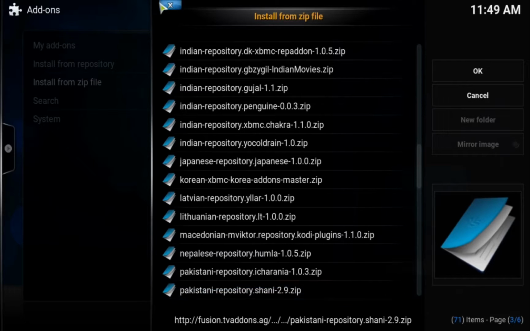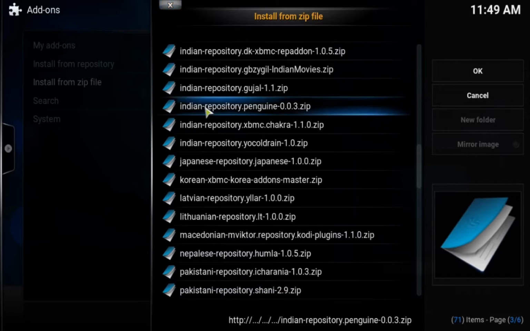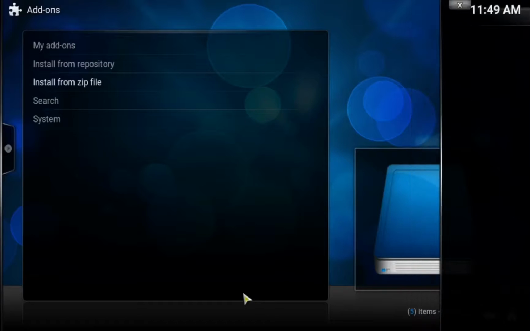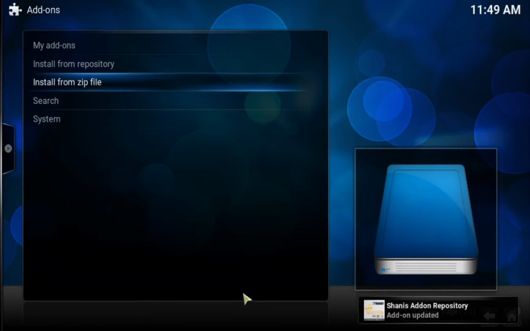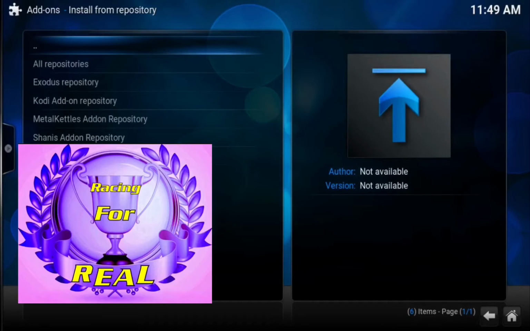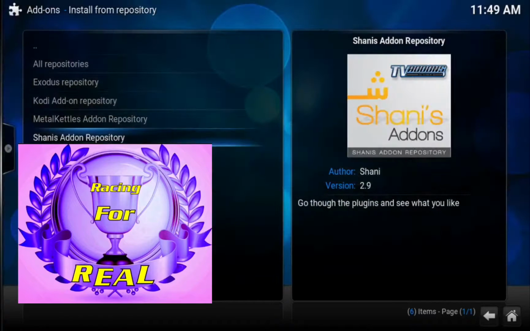Now you click on that. I've already got this on here. Oh, it's doing it again annoyingly. Okay, so I shouldn't have done that, but you should. And then you install from repository. Now, I still only got it once, that's okay. So there we go, that's the repository I've just